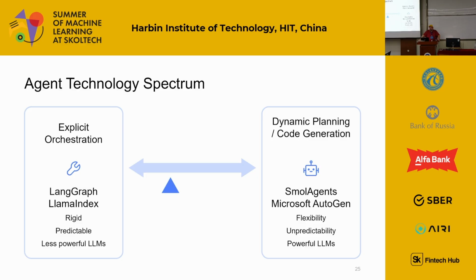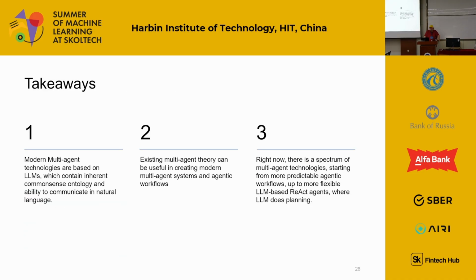So there are presently those two approaches. There could be something in between, because in LangGraph you can build ReAct agents as smaller subcomponents, and in ReAct agents you can trigger workflows, so you can of course take good and bad things from both worlds. But in principle there are those two ends of the spectrum. There are also different frameworks, like the Microsoft AutoGen framework, for example, which is similar to smolagents. It's more flexible. LangGraph and LlamaIndex are more oriented towards agentic workflows.